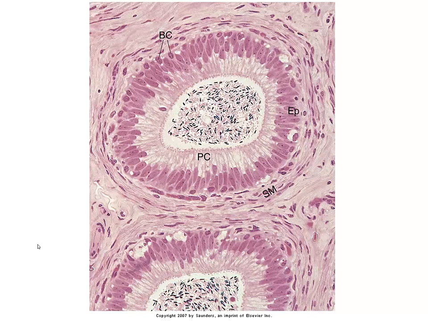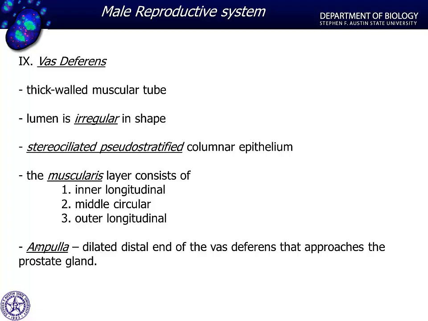Now, this is going to differ from what we're going to see with the remainder of the genital tract. As we move into the vas deferens, it's a highly muscular tube. You see some smooth muscle here, and as the previous slide noted, you do have some peristaltic type contractions, but that's principally going to happen in the next tube, the next portion of the male genital tract, and that's the vas deferens. Now again, we're going to see the same epithelium, stereociliated pseudostratified epithelium,